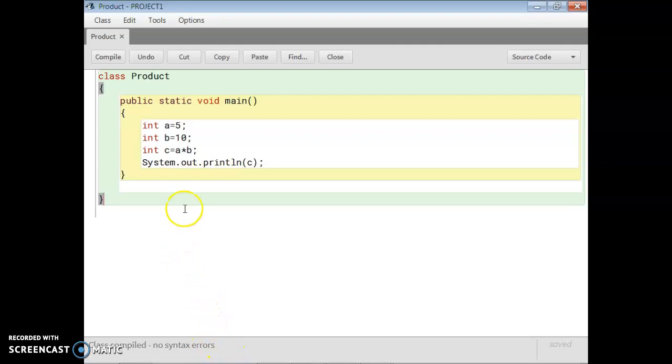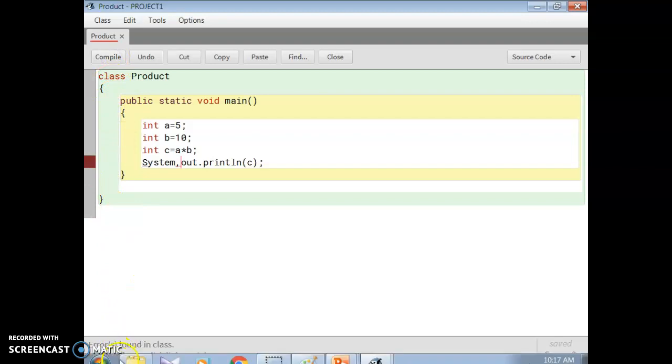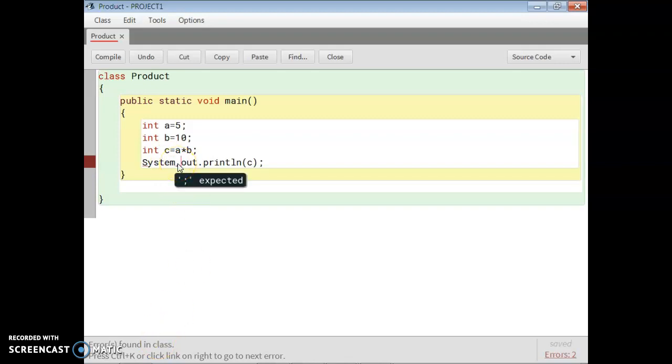Suppose instead of dot, you give here one comma. So there is an error. When you go for compile, it shows that an error is found. So how to rectify that error? You can keep your cursor over here, or you can press Ctrl plus K. Then you can see they are showing the error. So you give a dot here, then I want to show you compile again, no error.